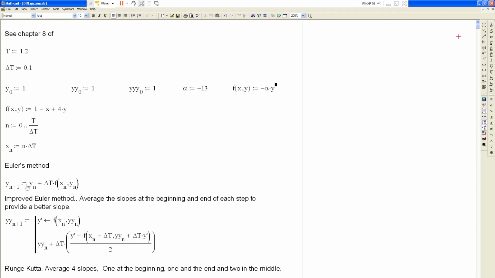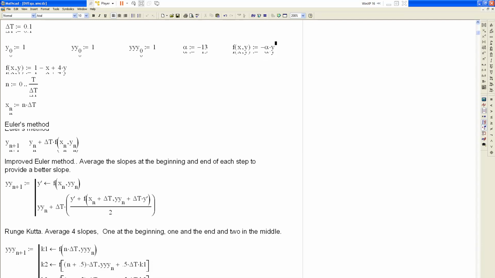It works, but the problem is that it assumes that the slope of the curve is constant from the starting point or the starting point of an interval. And if you look at this, we're using intervals of delta t or 0.1 seconds. So the answer is not going to be very accurate. A better method is to look at the interval